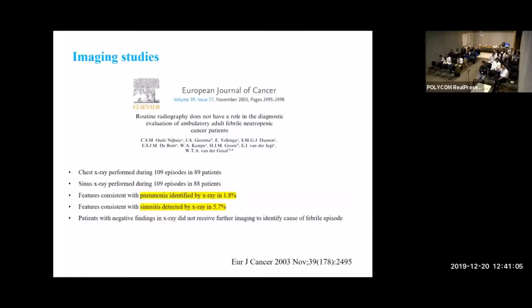And here in the literature we see that patients in the outpatient setting developed febrile neutropenia, and they were assessed with chest X-rays or sinus X-rays. And basically, the rate of detection of pneumonia was less than 2%, and the rate of detection of sinusitis was less than 5%. If the patients do have respiratory symptoms and then they have an indication for an X-ray, that's